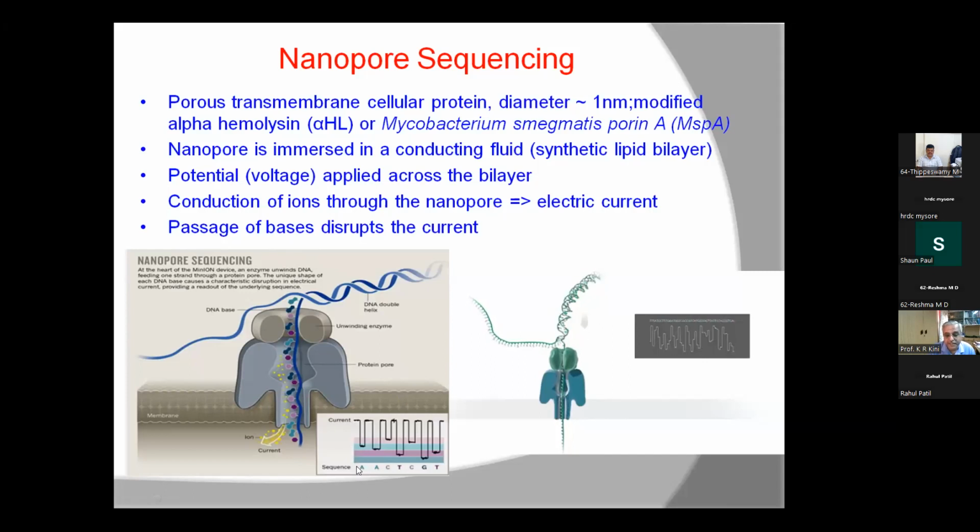If this is the one, then it is A. If only this much is disrupted, it is C. This is T, like that. So depending on the disruption, it can identify which base is coming out. Continuously bases are coming out, passing through that. Now this is happening, remember, at the rate of around 250 to 300 bases per second. Very rapid